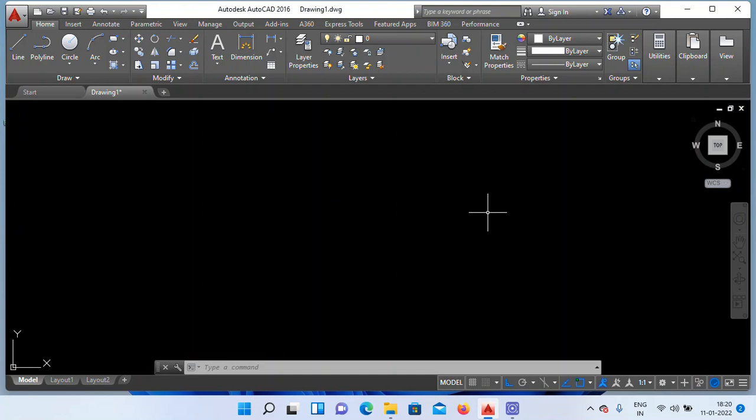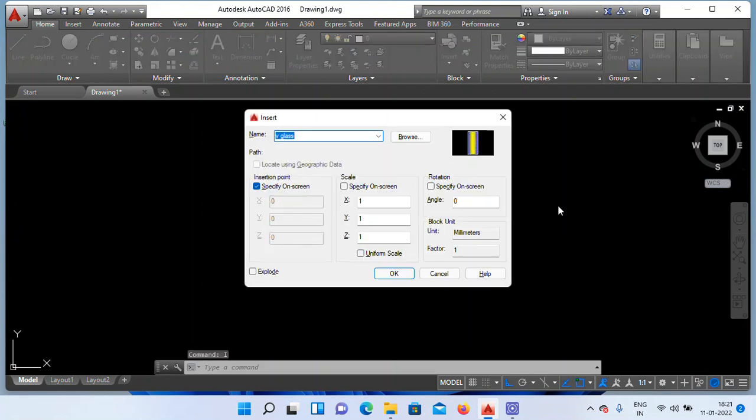Now I need to bring out the objects which I kept in the block. I want to bring them out from the storeroom. How to bring them out? Apply the insert command. Just type I. Enter. Right.